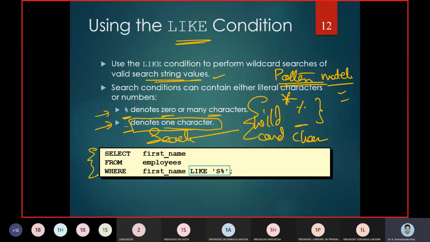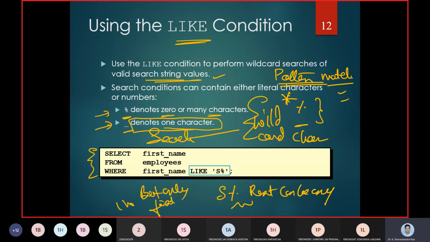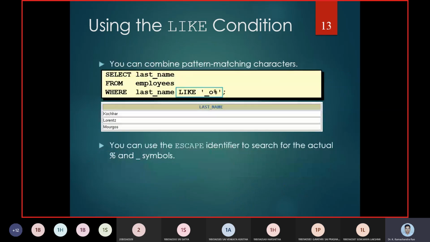Now in this query, we need to pick up the employee name, and his name's first character should be S, and the rest can be anything, but only the first character must be S.